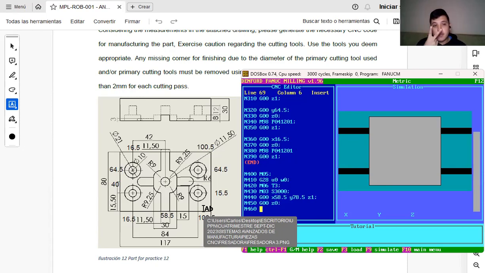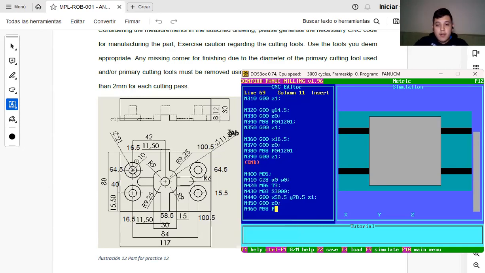We're going to write a second subroutine. It's going to be called, and it's going to repeat 8 times, also as the others. So it's going to be 4 times. And it's going to be the